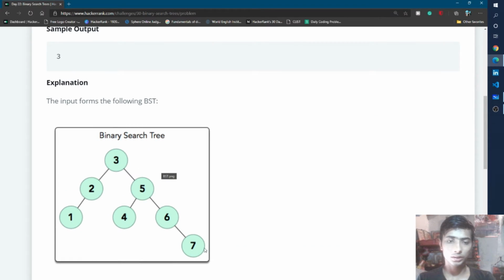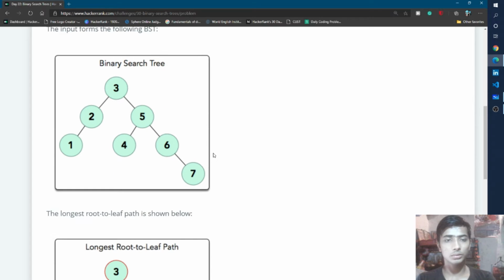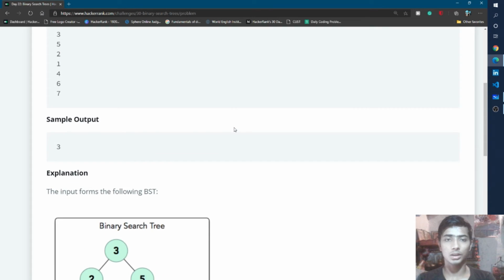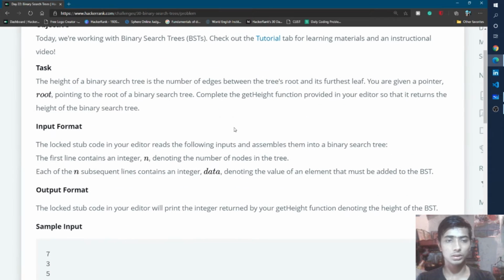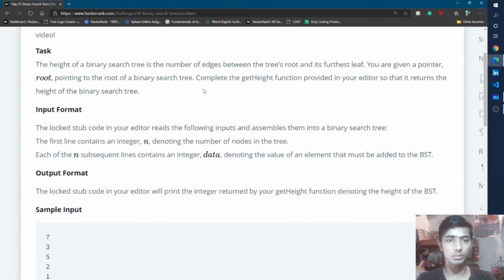In this case, 7, 4 and 1 are the leaf nodes because for these three nodes no children nodes are present. So the height of the binary search tree is the number of edges between the root and the farthest node present in the binary search tree. I think you understand what the height of the binary search tree is.